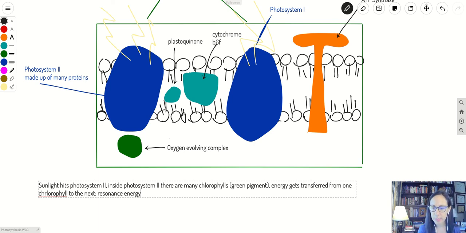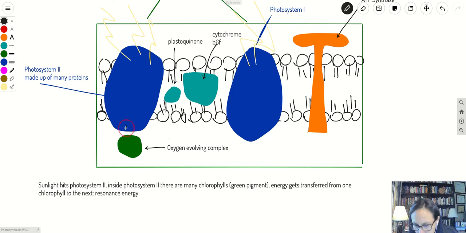Okay, and it just means that there's some vibration happening, and one chlorophyll gets all wiggly with energy and it transfers it to the next one, and then that one gets wiggly with energy, transfers it to the next one. So it's like a funnel, and this energy is being funneled down to the bottom. At the very bottom of this photosystem 2, we have, let's see, it's hard to see, but I'm drawing